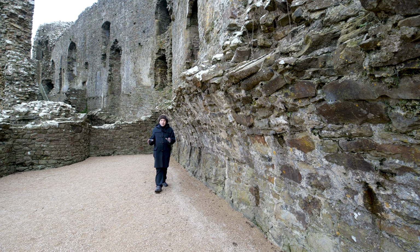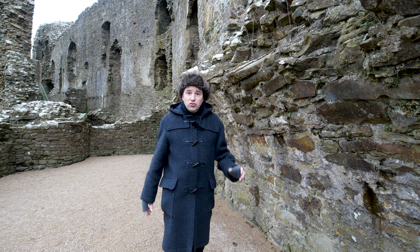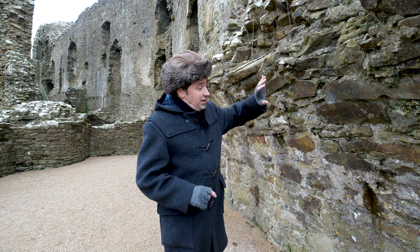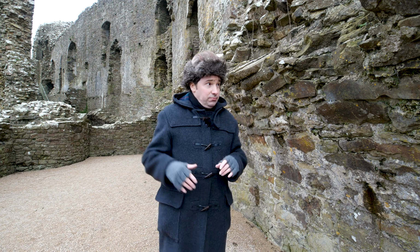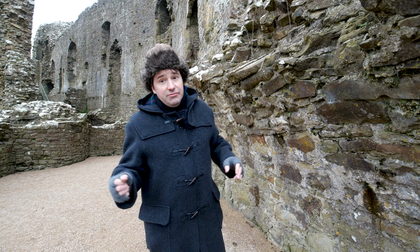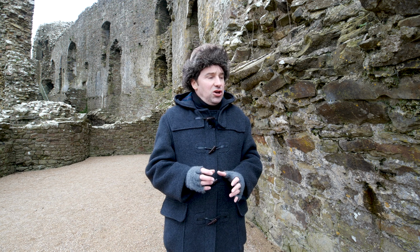As we've been travelling through Pembrokeshire and looking at a variety of castles and abbeys and churches and all sorts of things, one of the things that we keep seeing again and again are these arch structures. They're actually supposed to be roofs, and in some instances we found them still intact. In fact, you can see several examples of them here,